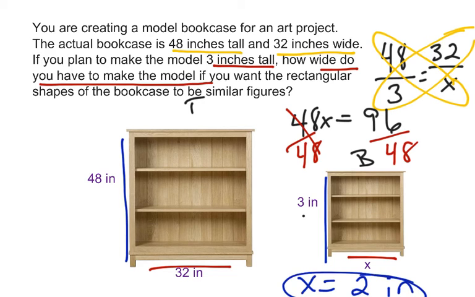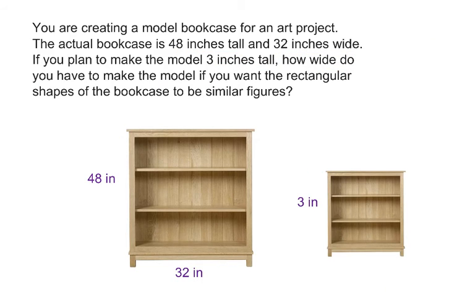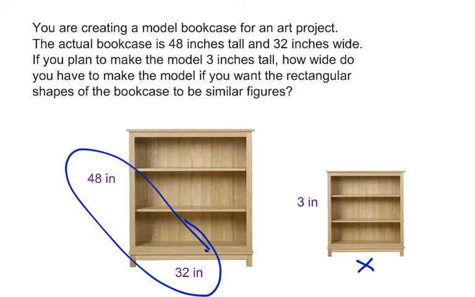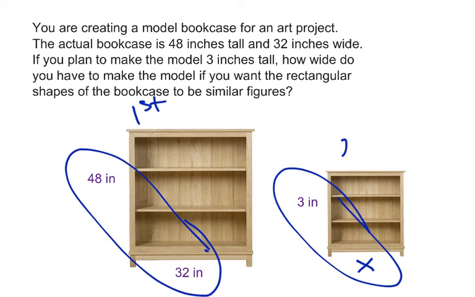And for some students, this way works very well. There's actually an alternative way you can set up these proportions, and for some students it's easier, and I will show you that method. So looking at the figures, you still need to know what needs to be on the top and what needs to be on the bottom. This is our X. So the way we can set it up is to make sure that this first expression is its own fraction and the second is its own. You still do need to know the corresponding sides because you need to know what needs to go as the numerators. So we have, for example, 48 over 32